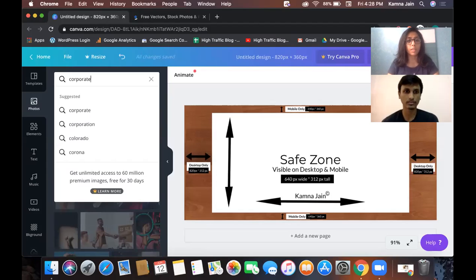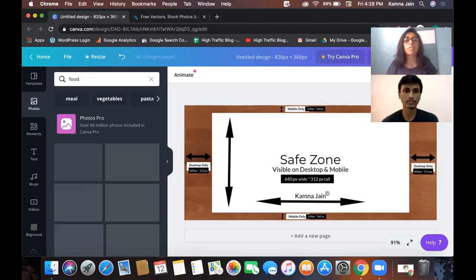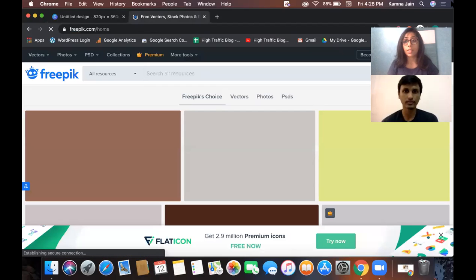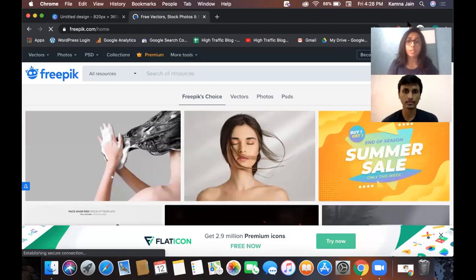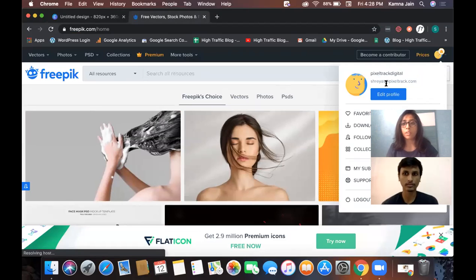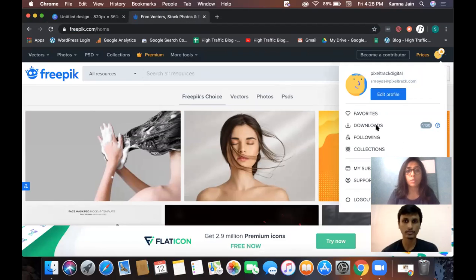Or if your niche is related to food, just search for food, get stock images and use them. There are a lot of images there. Now for Freepik, remember, if you're using it, it's important that you license the author. We have a license, so that's why we've gone ahead and downloaded it, and we don't have to attribute it to the author on the website or anywhere else.